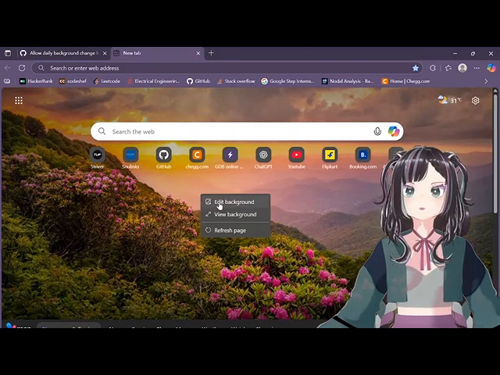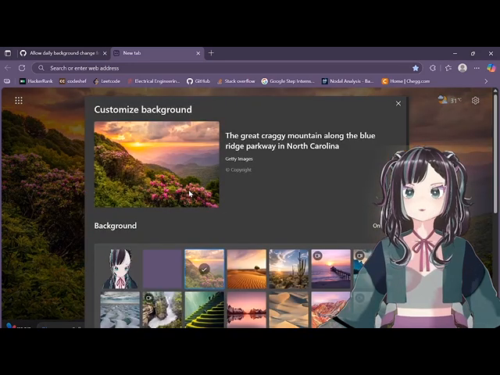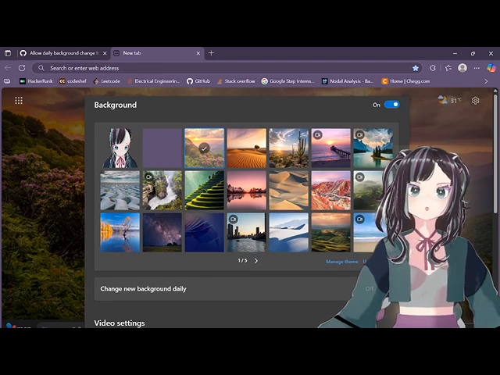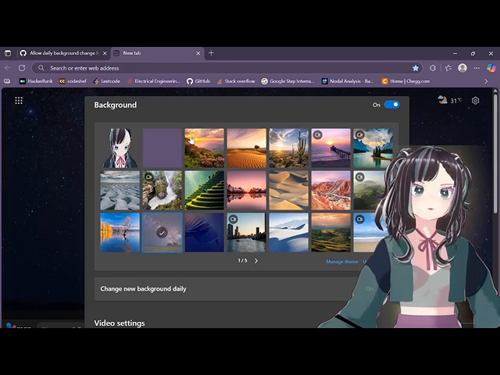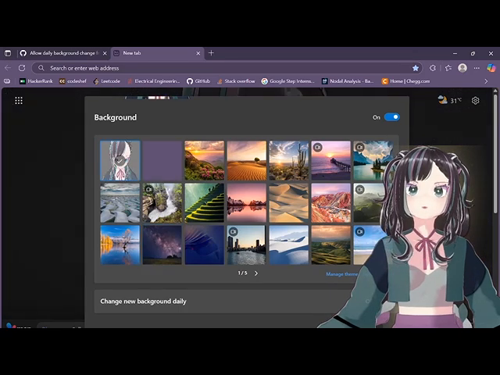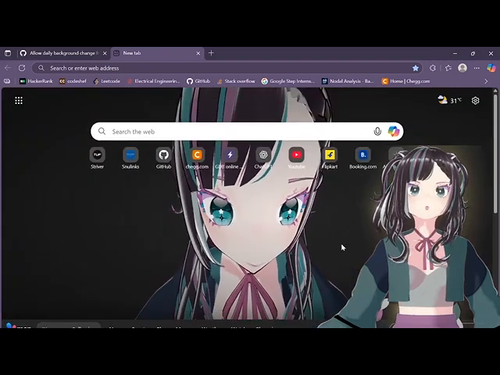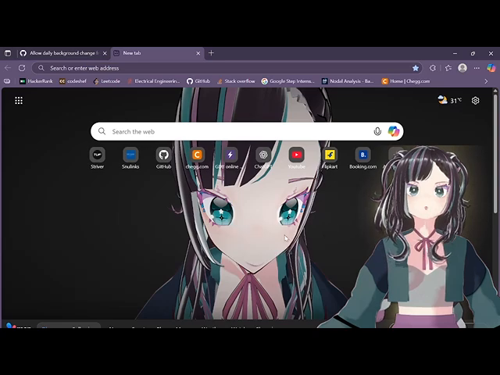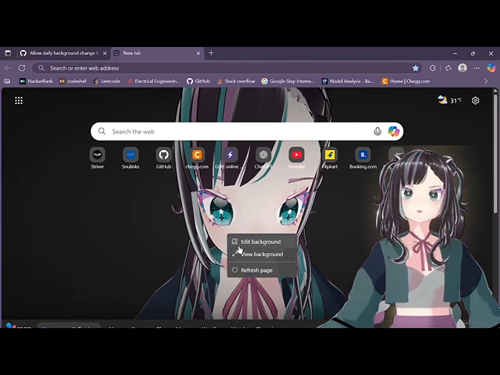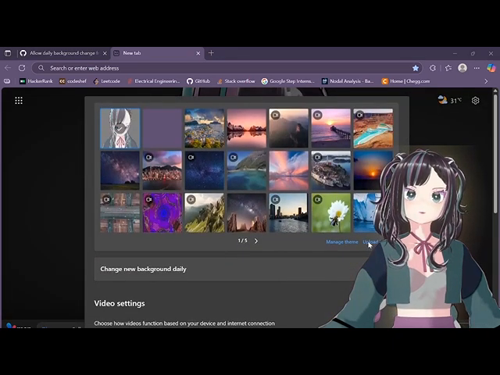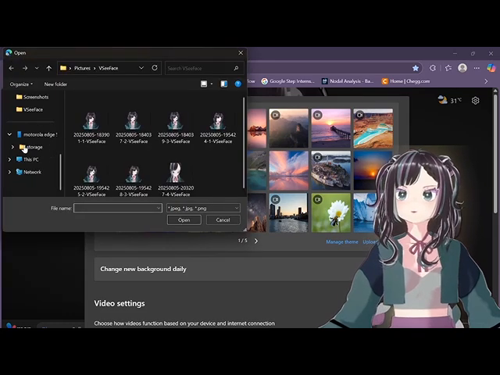And then, just exploring this, I found a new thing, which is, you see, change new background daily. You can toggle between all these. But what I realized is you can only upload one picture of yours here. And the one picture I uploaded was good enough. Its quality is good enough, and this is just a screenshot, but still its quality is fine. And then if I try to add more locally, upload image, I'm going to try uploading some image here,